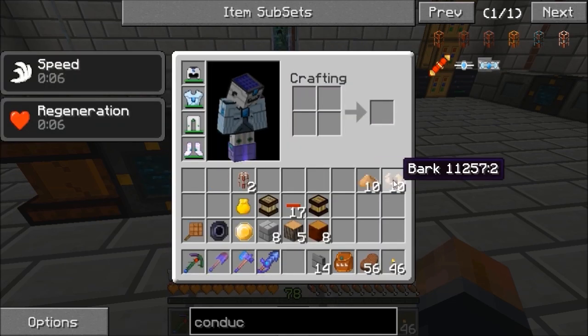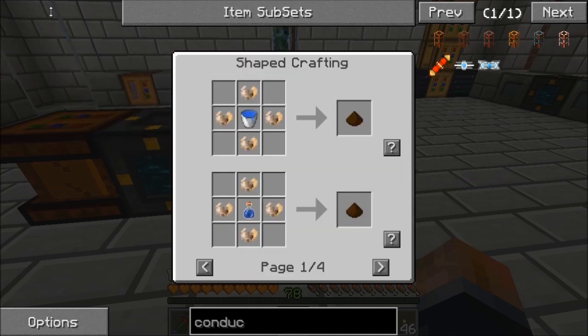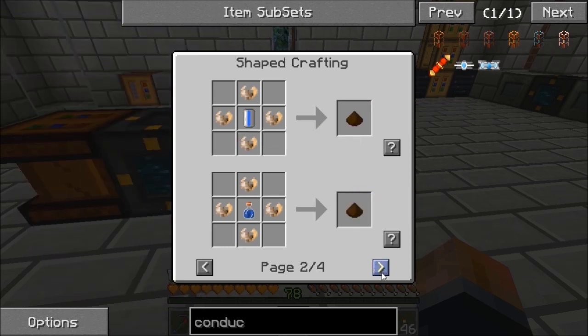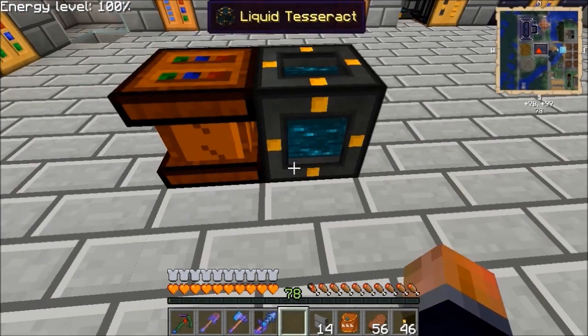And what does bark do for us? Look at bark. Oh, bark can make mulch. Interesting. We can use bark to make mulch. Okay, that's quite interesting. What I'm probably going to do here is